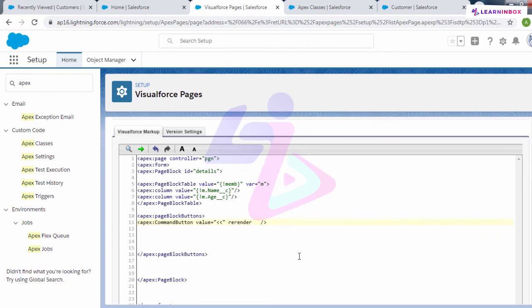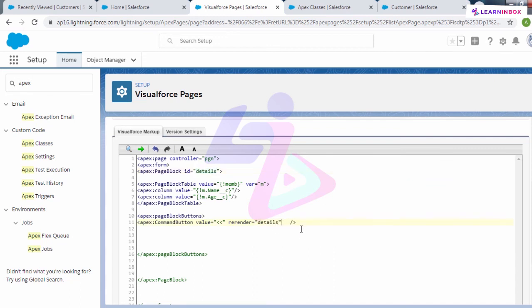If you are doing some operations and the result of those operations should be visible on your Visualforce page, at that time you should write a reRender. And here in reRender we'll use this detail, that is my page block ID.